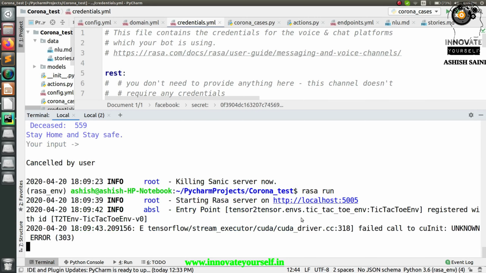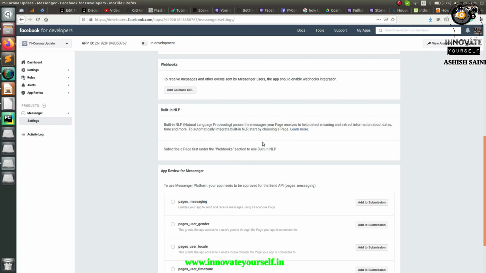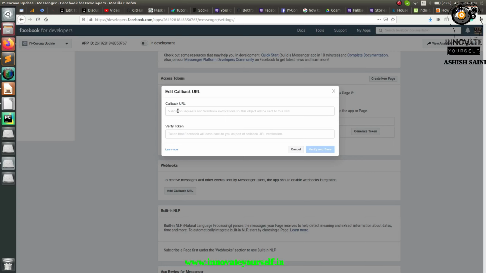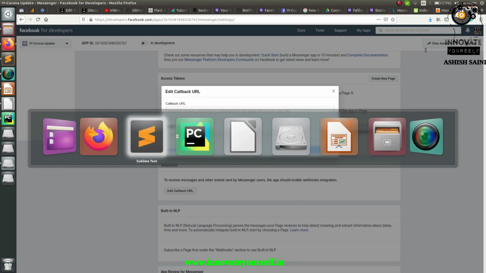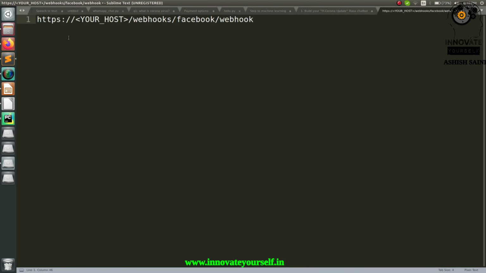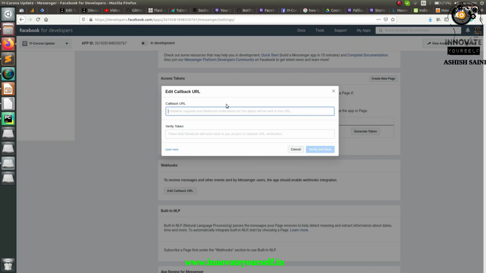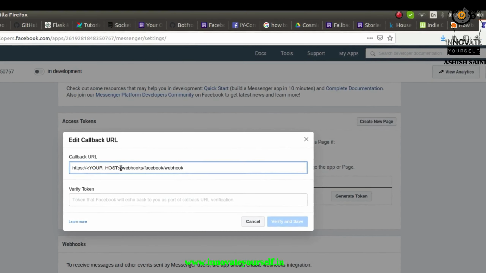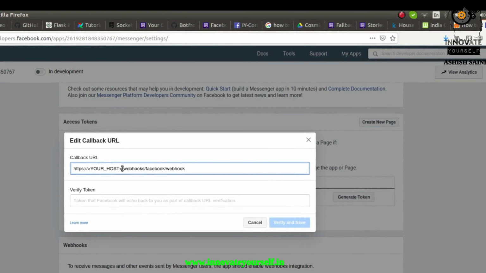After that, the thing that I need to do is run a server. For that, I have to add the callback URL. Here you can see it asks for the callback URL and also the verify credential. So this is what exactly I have to add now. Let me show you what exactly you have to add here. Here you can see there is a web link which I need to add. I will just paste this up. But in place of this your host, you have to add your domain name or whatever you are having, if in case you are having that.